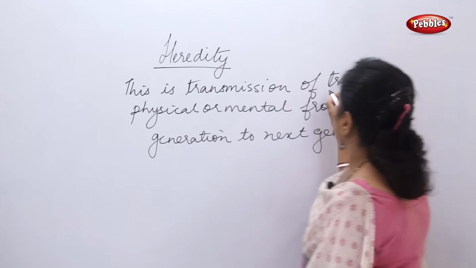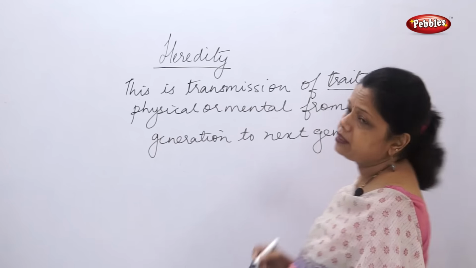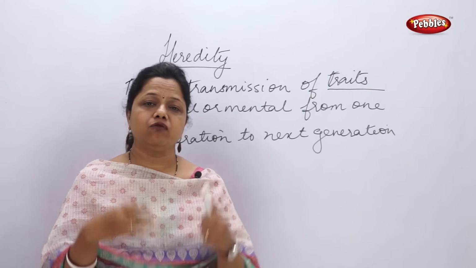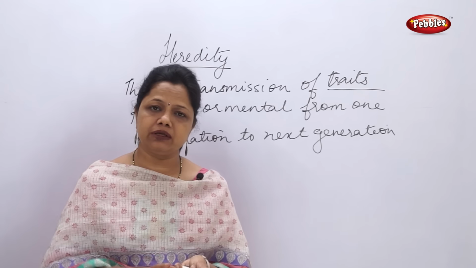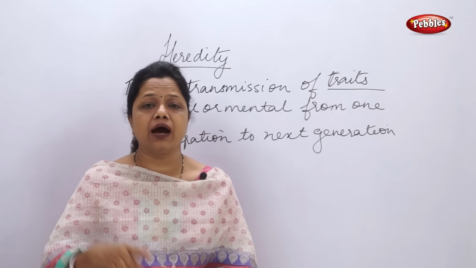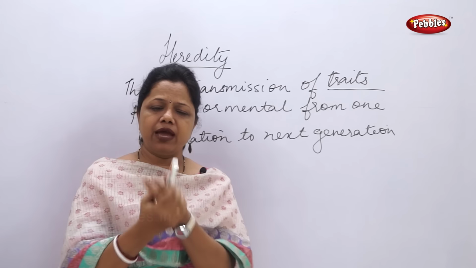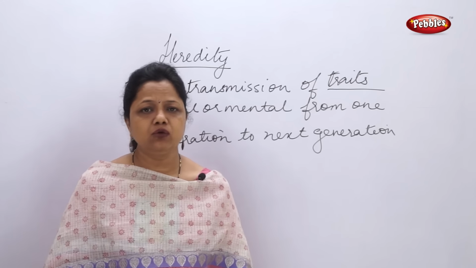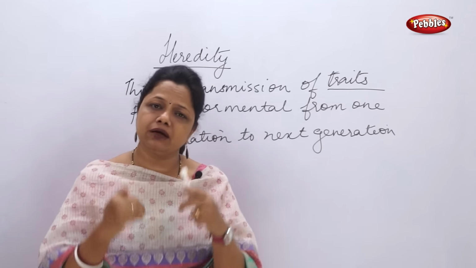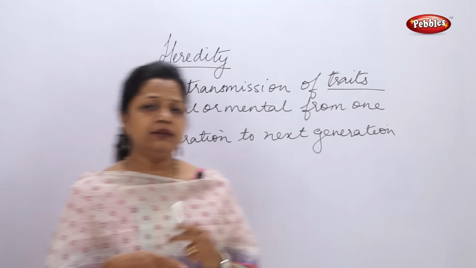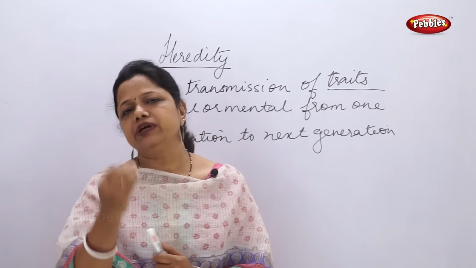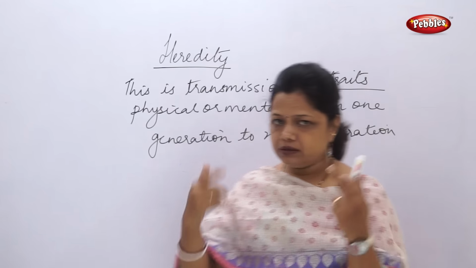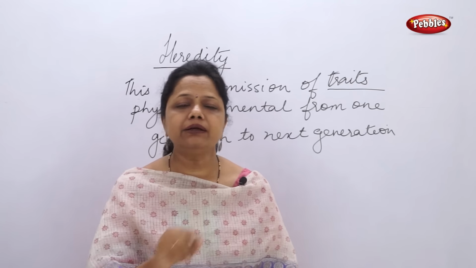Now what do you mean by the word traits? T-R-A-I-T-S. I am talking about the word characters. Characters means what I see in my parents, maybe the tallness, the dwarfness, the hair, the looks, the eyes, the way I am walking, the way I am keeping my hand. All characteristics are coming from your parents. You don't have your own. You first get the characteristics from your parents, then there is a DNA mapping error and some variations come to you. So the transmission of traits, that is physical, I said what I can see, and mental also.